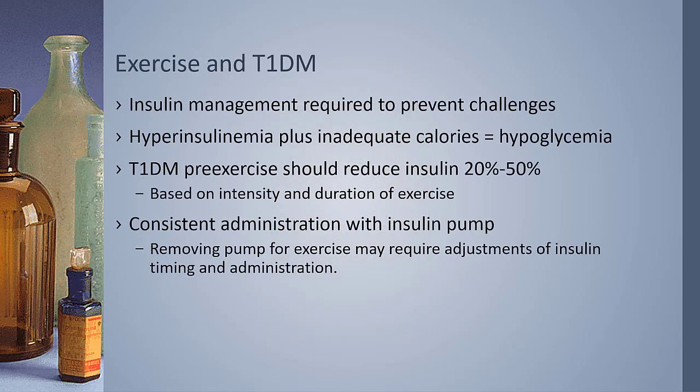Each type 1 diabetic patient must follow an insulin and dietary management suggestion in conjunction with exercise. Adjustments to insulin administration are necessary with exercise to prevent hypo or hyperglycemia. A hyperinsulinemic state with inadequate caloric intake can lead to hypoglycemia during or after exercise. Thus, prior to exercise, athletes with type 1 diabetes should reduce their exogenous insulin by 20 to 50%, depending on the intensity and duration